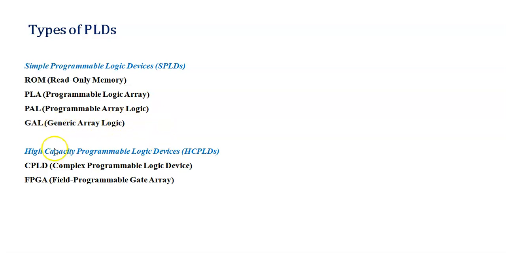And for high capacity programming, that is complex logic implementation, you can move ahead with the CPLD, that is complex programmable logic devices. And second is the FPGA, field programmable gate array. What is meant by PLA, PAL, ROM, as well as what is CPLD and FPGA, we will be seeing in the coming lectures. In the coming session, we'll be taking examples of how to implement logic in PLA, ROM and PAL.